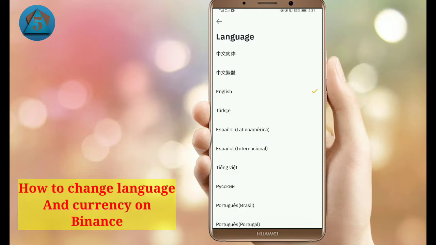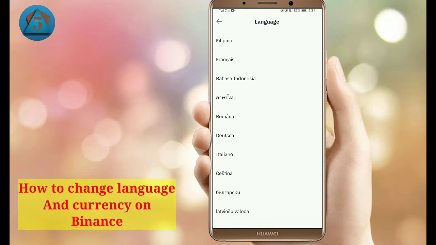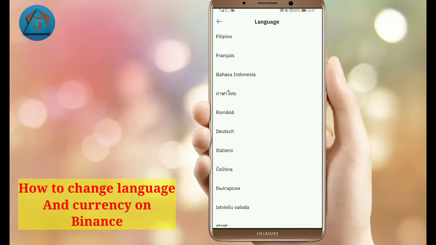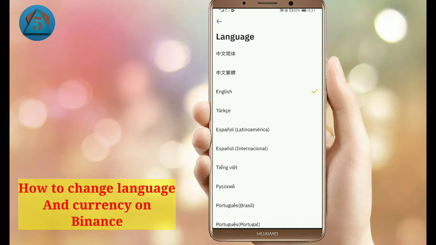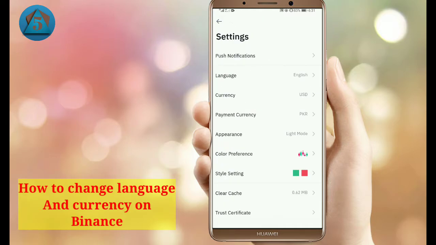Tap on language option, and here you can see all available languages. You can choose your country language if available, and back again, and here tap on currency